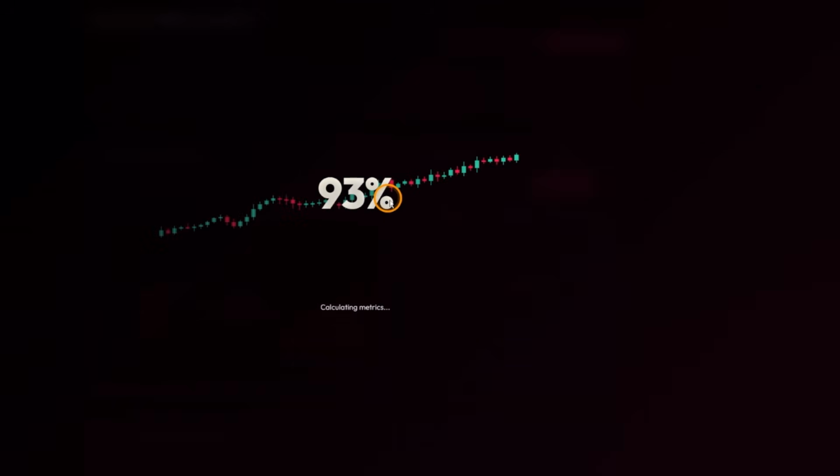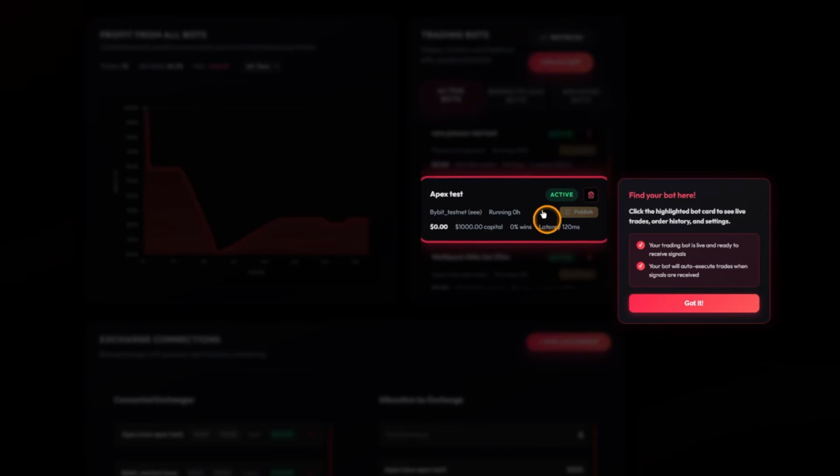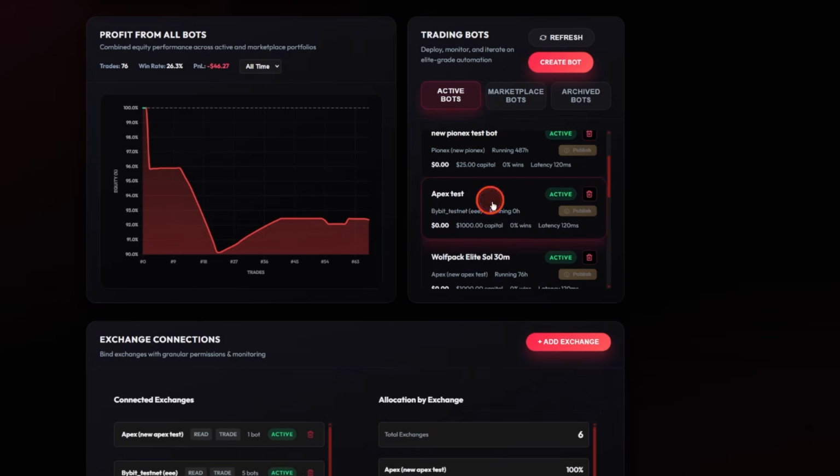So it's creating now, going to actually reserve all of these settings for you on SignalSwap. And once it's done, the page will reload and you should see it highlighted right here. This is the bot. So we have it created, it's live and armed. So real signals will execute. As long as you have funds in the account, it will trade. If there's not enough funds, then the signal will fail and you'll be able to see whether it succeeded or